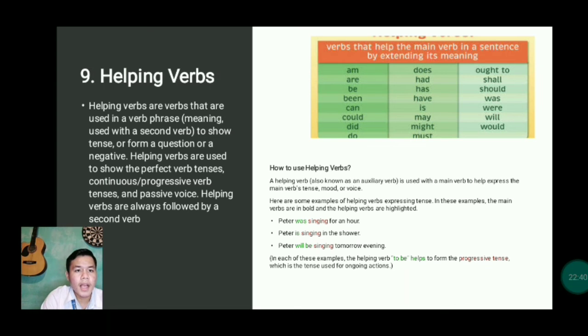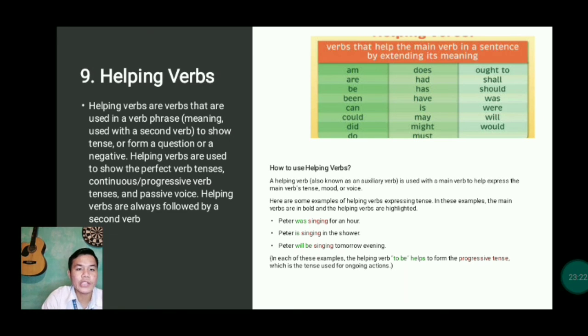So how do we use helping verbs, and what is their usage? A helping verb is also known as an auxiliary verb. Here are some examples of helping verbs expressing tense. In these examples, the main verbs are in bold and the helping verbs are highlighted. The green one is the helping verb, and the second is the progressive tense. Peter was singing for an hour. Peter is singing in the shower. Peter will be singing tomorrow evening. In each of these examples, the helping verb to be is from the progressive tense,